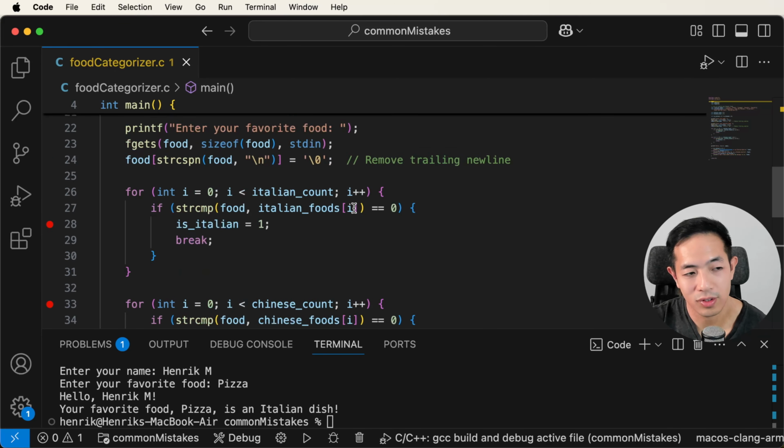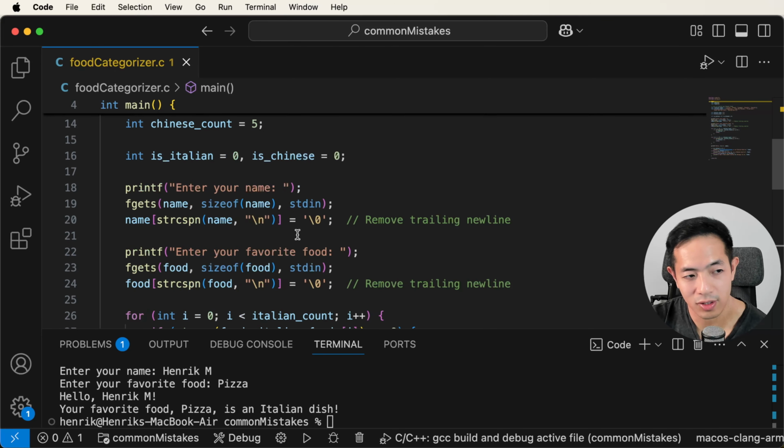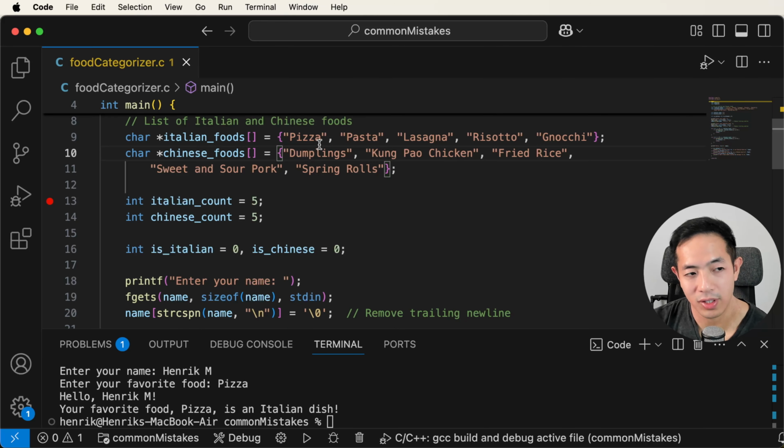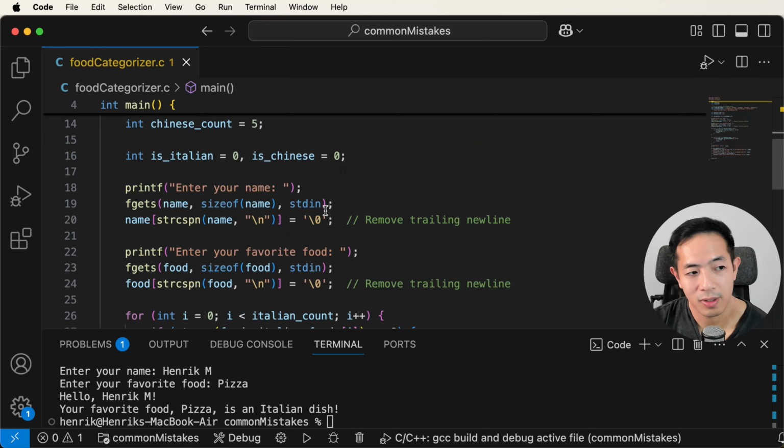Do those changes first. Make sure that this is all working with dumplings, all of these options here. Make sure all of these options work first, because when you're using scanf, you'll realize that there are a lot of nuances, a lot of quirks with scanf, and there are also a lot of quirks with fgets.